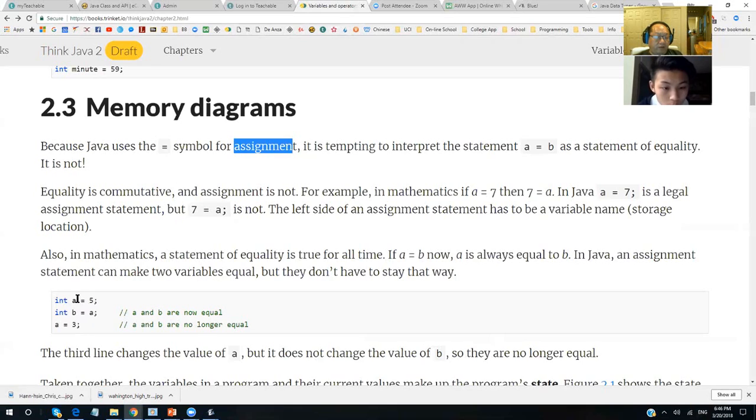You assign 5 to A, and then you assign A to B, and then you assign 3 to A. What is the B value after these 3 statements? Is it 5 or 3? Which one? So B will be 3? No, this one B is 5. The assignment is like I get the value 5 to A first. Okay, so this is different from